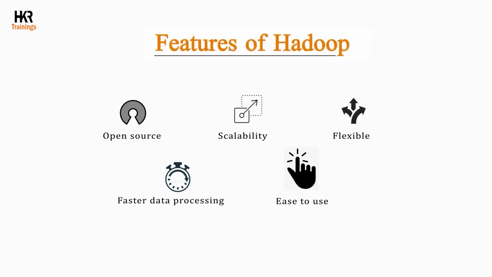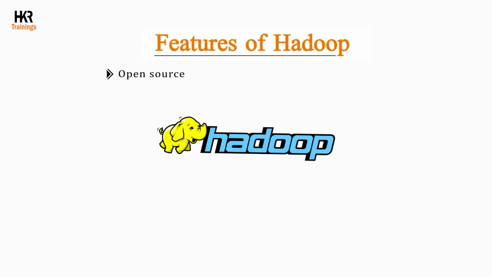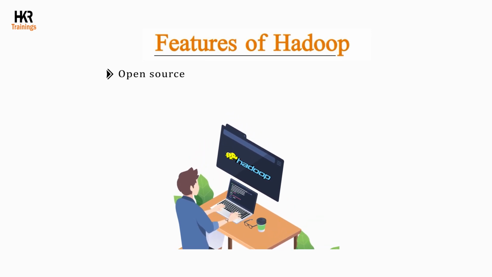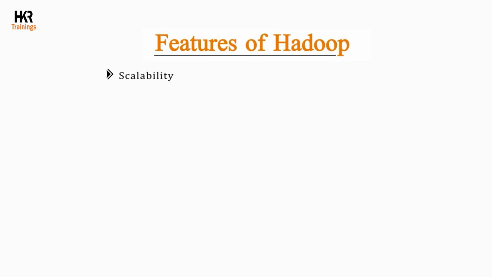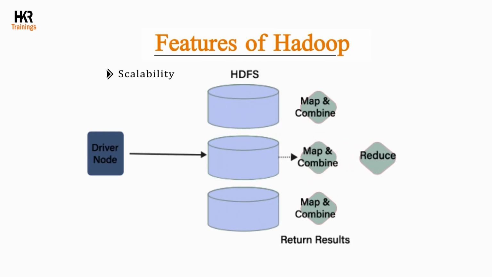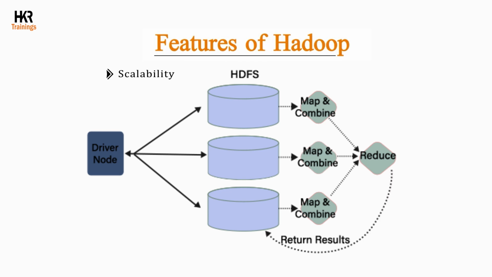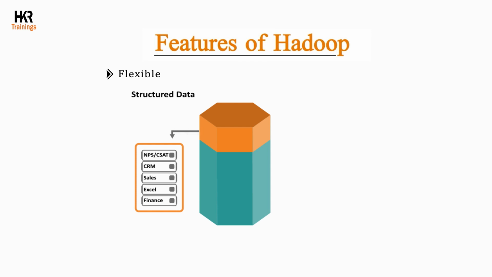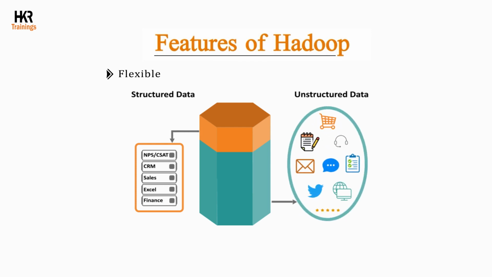Features of Hadoop. Now, let's discuss the features of Hadoop that make Hadoop a powerful big data tool. Open source. Hadoop is an open source tool that is free to use, and is available on the internet, for everyone who would like to make the changes as per their requirements. Scalability. The large volumes of data are divided into machines in Hadoop. Hadoop allows parallel processing of the machines present in the cluster, increased or decreased based on the organizational requirements. Flexible. Hadoop is capable of dealing with all kinds of datasets like structured and unstructured data in an efficient manner.